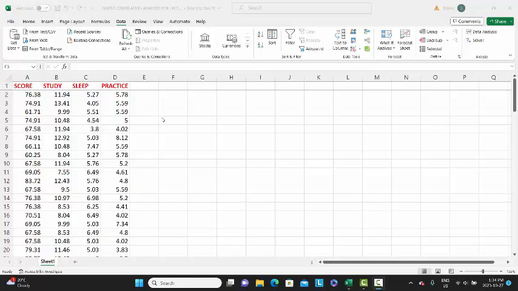In this video, we're going to show how we can carry out a simple correlation analysis using the data analysis feature in Microsoft Excel. And in these fictitious data, what we're examining here are the raw scores from a study in which 100 participants, in this case university students, were used to examine the relationship between scores on a test